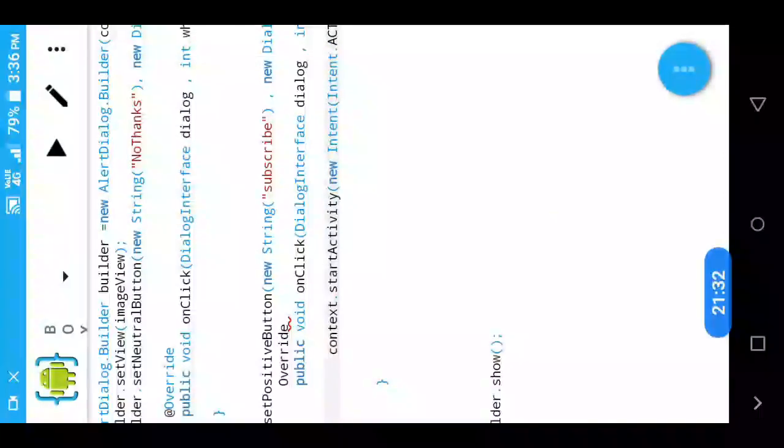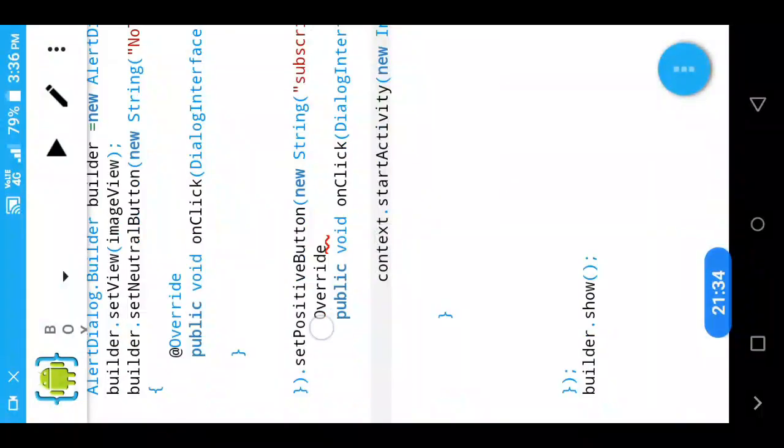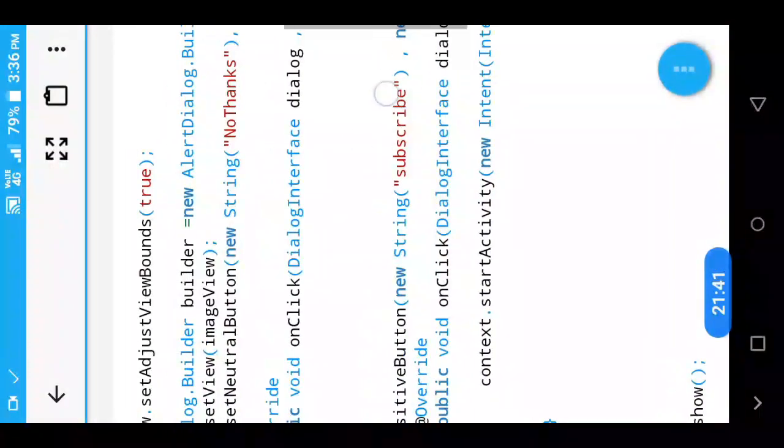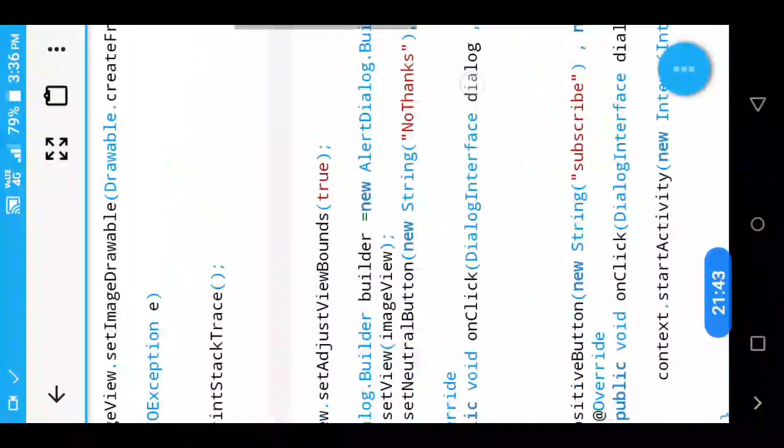You can change your text here, and you can change your button text here and also here.